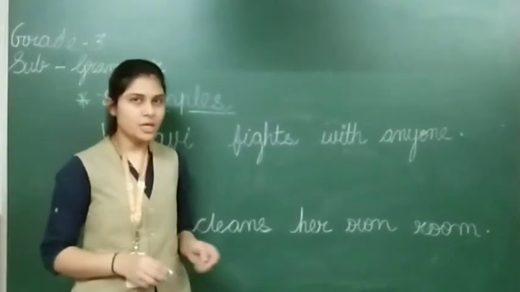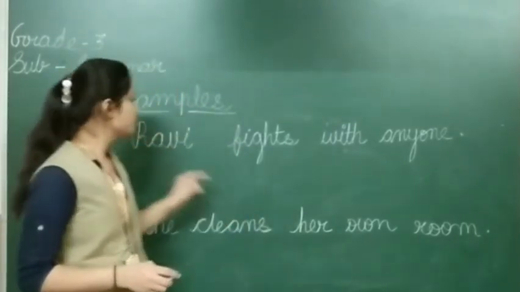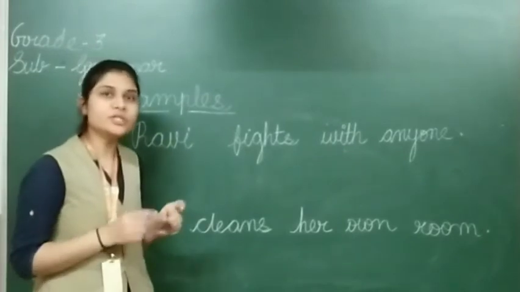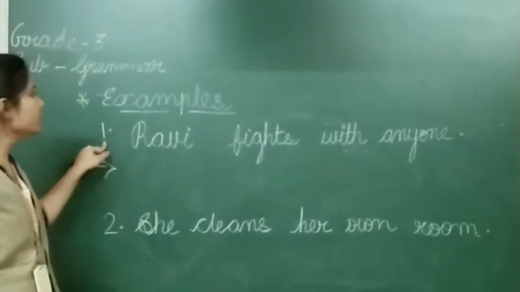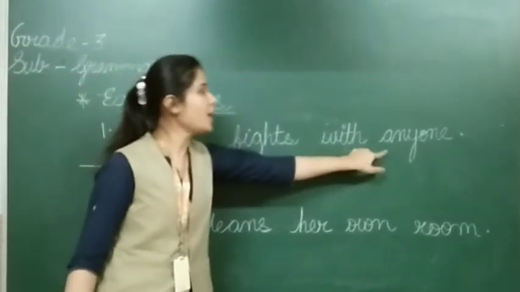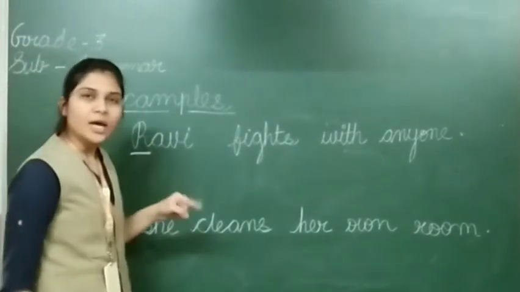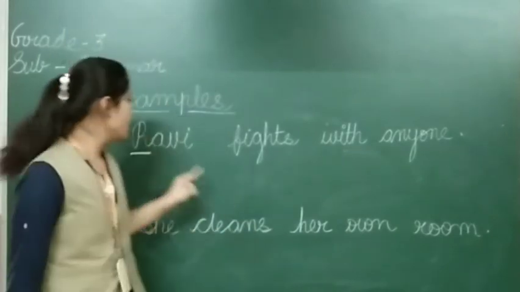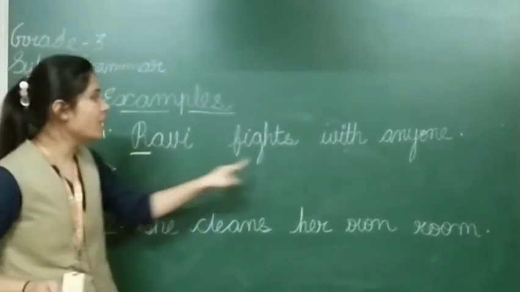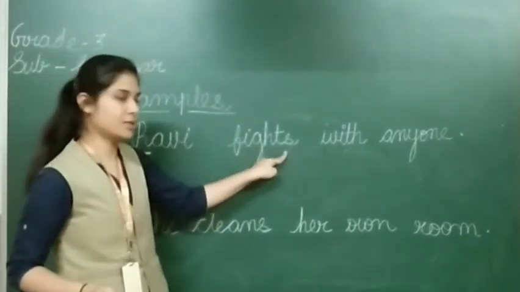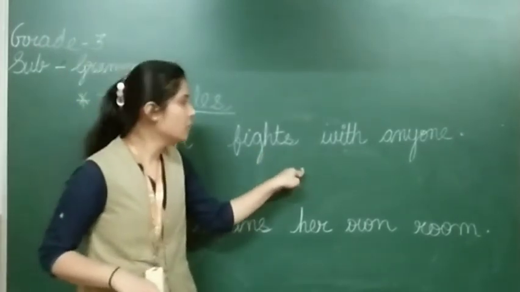Okay. Now see, here are the examples for making negative sentences. First we have to recognize in which form it is given to us, whether it is singular or plural, right? Now the first is, Ravi fights with anyone. Here the sentence starts with Ravi. Ravi is a boy and it is singular. See, here Ravi एक ही है, it is singular, बहुत सारे नहीं हैं. So that's why in the question they have written fights. For singular we were adding s, right? तो यहाँ पे क्या लिखा हुआ है, fights with anyone.